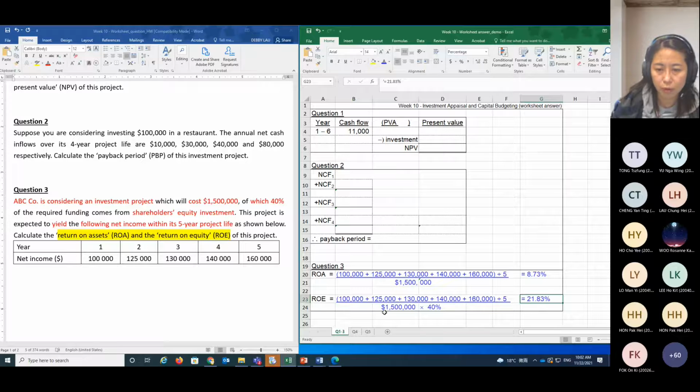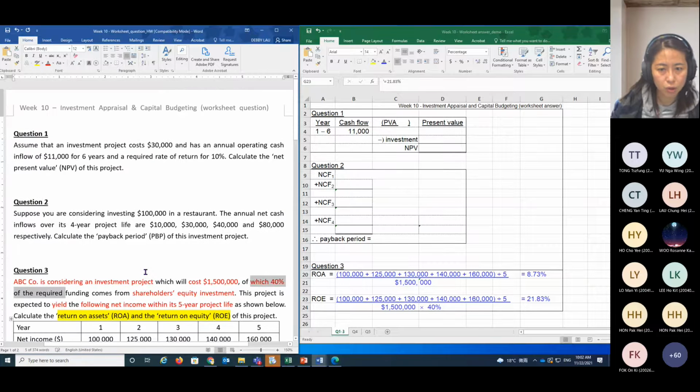So it's 21.83. Then back to question 2, which calculates the payback period. Suppose you're considering investing